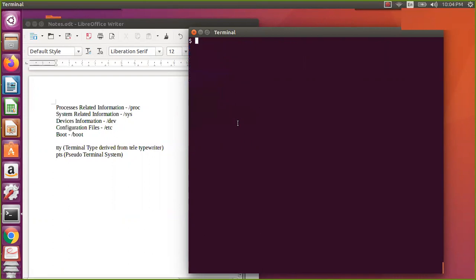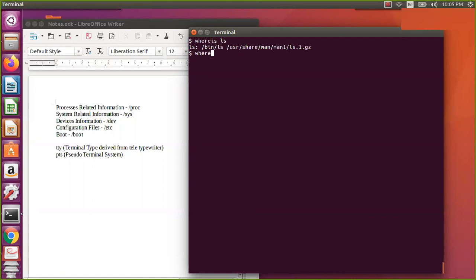Now if you see this one, where this particular thing is located, it is there in /usr/bin. But if you want to know more information, like where the header file is located and where the manual pages are located, then use whereis. If you see whereis, it will tell you the binary is located in this directory and the manual page is located in this particular directory. We will see the manual pages in detail in the next unit, the sixth unit. As of now, just treat that as a documentation file.